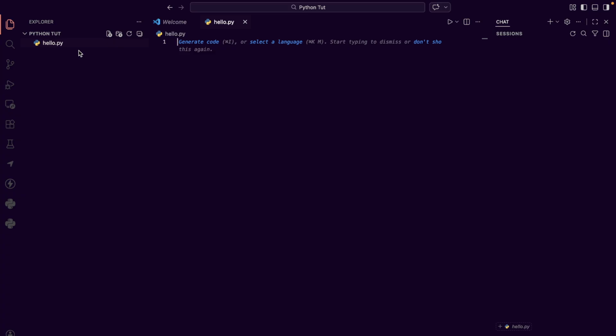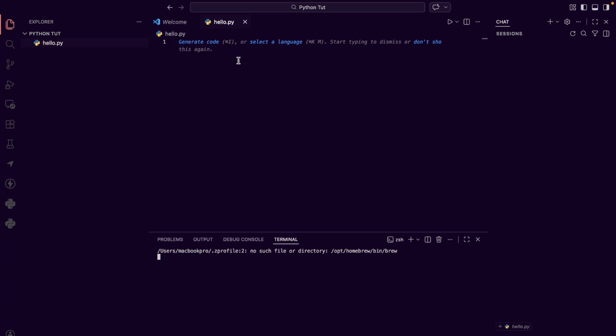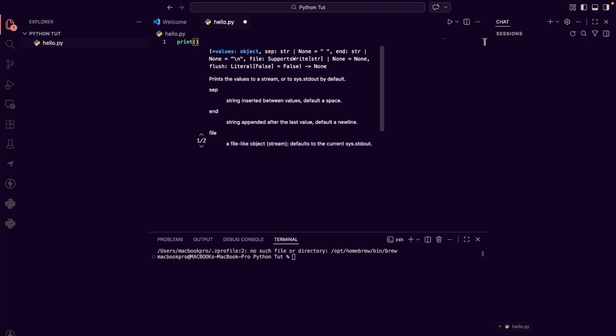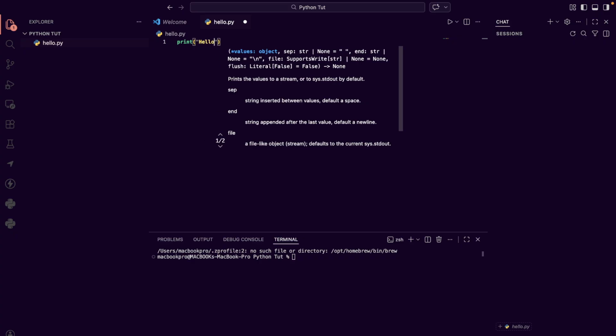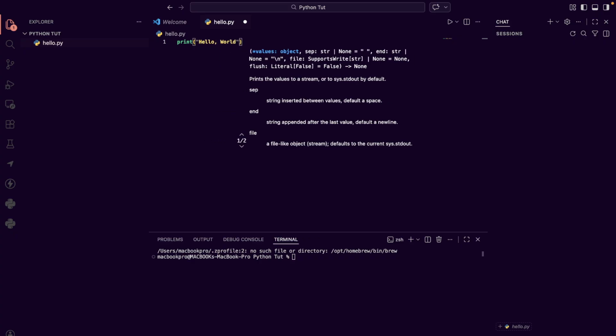Okay, so our first line of code that we are going to start as beginners is we're going to write print. As we learned earlier, print is a keyword in Python which tells the computer to display something. So print, you bring your parentheses, that's your bracket, and inside the bracket you bring your double quotes. So you write whatever text you want to display. So in our case, let's display hello world. So now this is our first line of code in Python. Congratulations, be happy, because we are now on the highway.